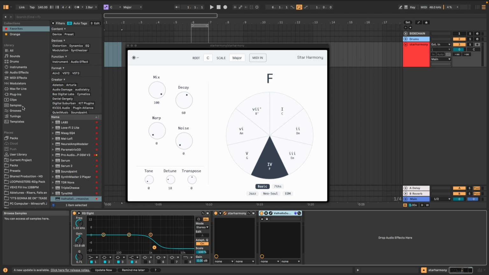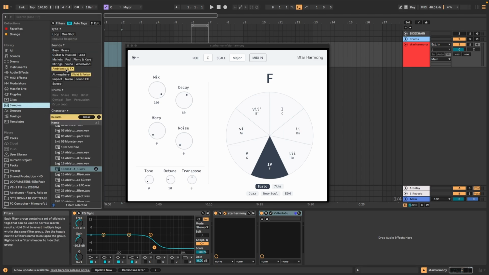So I actually have a sample. What I do is, I go to my Ableton, I go to ambiance and effects, and I go to field and foley. You could also do atmosphere if you wanted to. Really up to you here. But I had a random recording of a film reel going, so it sounds like this,